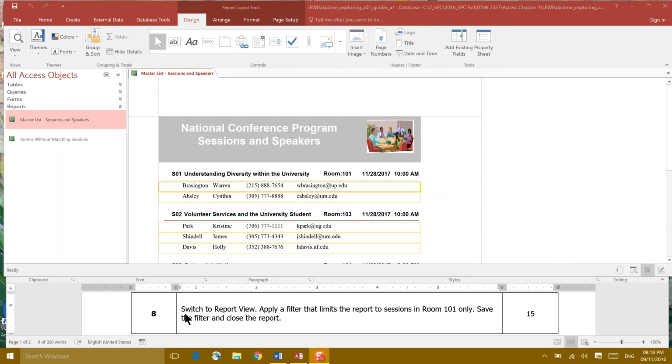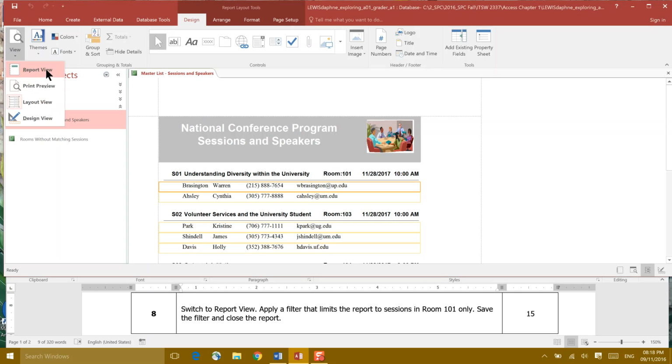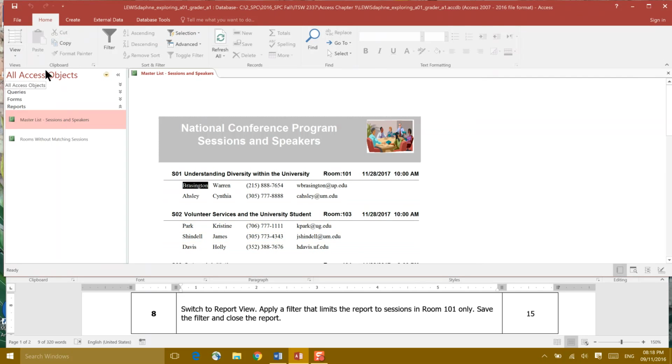Step 8 asks us to switch to report view. So we're going to come over here to view. We are on the design menu, and we are going to go to report view. And now that we're in report view, apply a filter that limits the report to sessions for room 101. If you go ahead and click room 101 right here,